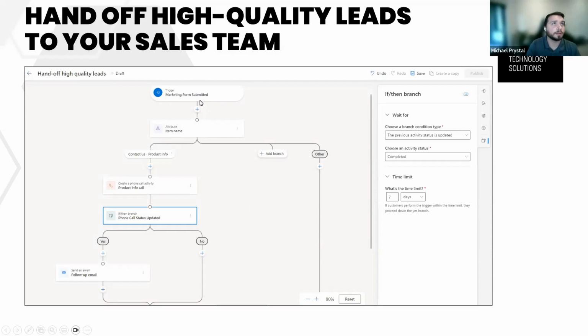When a customer has submitted a contact us form about a specific high-priced item, we could branch off and do actions based on each event. In this case, we've decided this item is of high value, so we want the sales team to call them. We could create a phone activity on their calendar, which would include any information that is needed, such as the item name or the product,